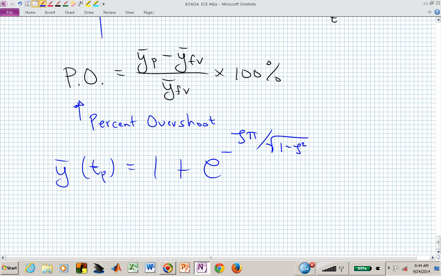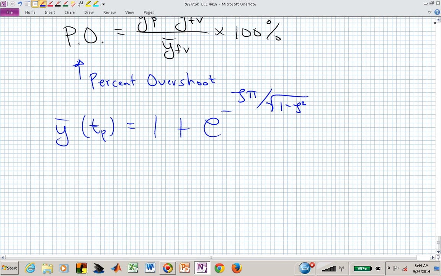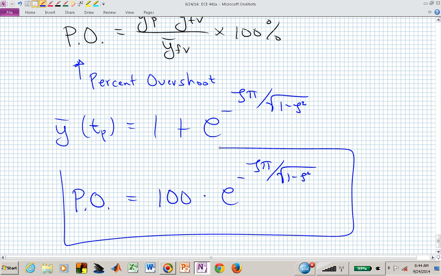And what was y final value in the barred notation? 1. So now I have this 1 plus something minus 1. I'm just left with this in the numerator. And what's in the denominator? What was y bar of final value? 1. So now I know what my percent overshoot is. My percent overshoot, that's my relationship now between percent overshoot and